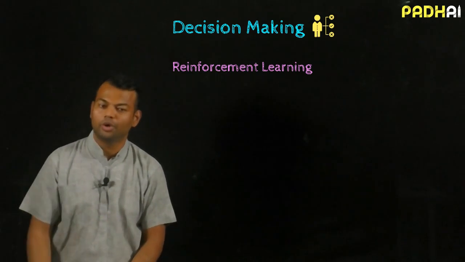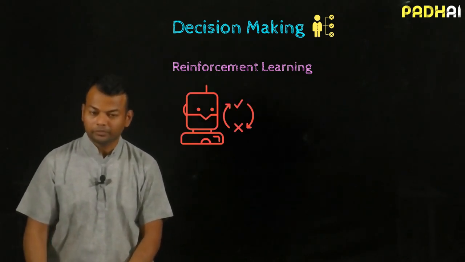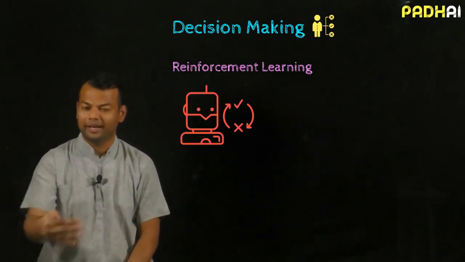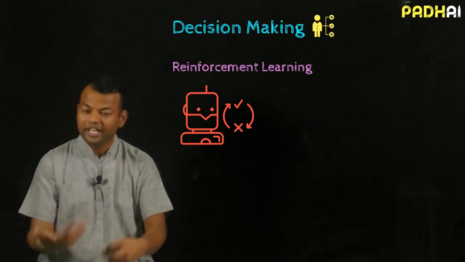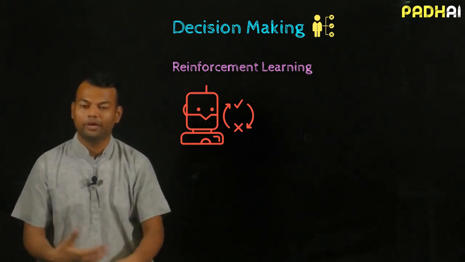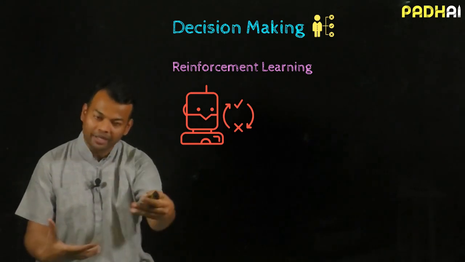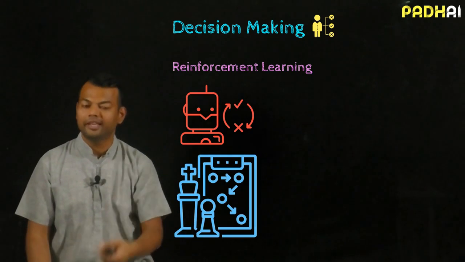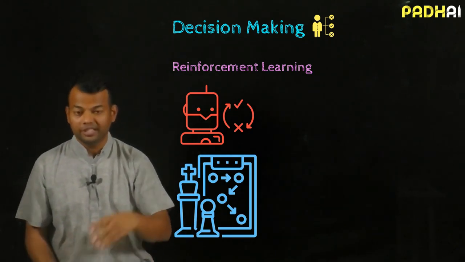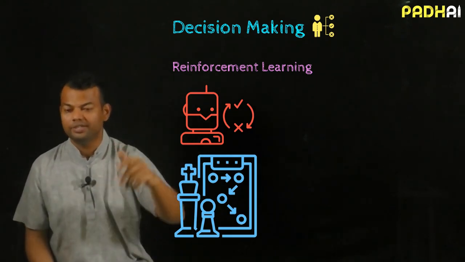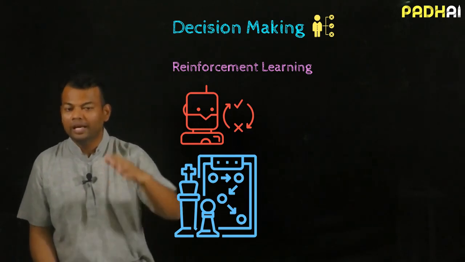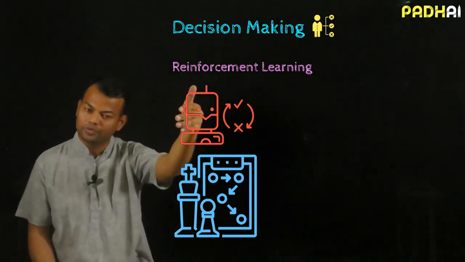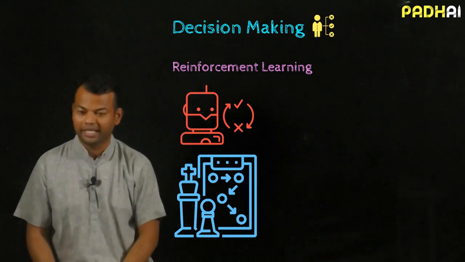Now last, I need to talk about reinforcement learning. Here an agent actually interacts with the environment and then tries to learn certain rules about the environment, or tries to learn how to best act in the environment so that it gets good rewards for its actions. The classic example here is chess, which is a very deep sequential decision making process. You make one move and it might have an impact 20 moves down the line, and you don't really know what that impact is.